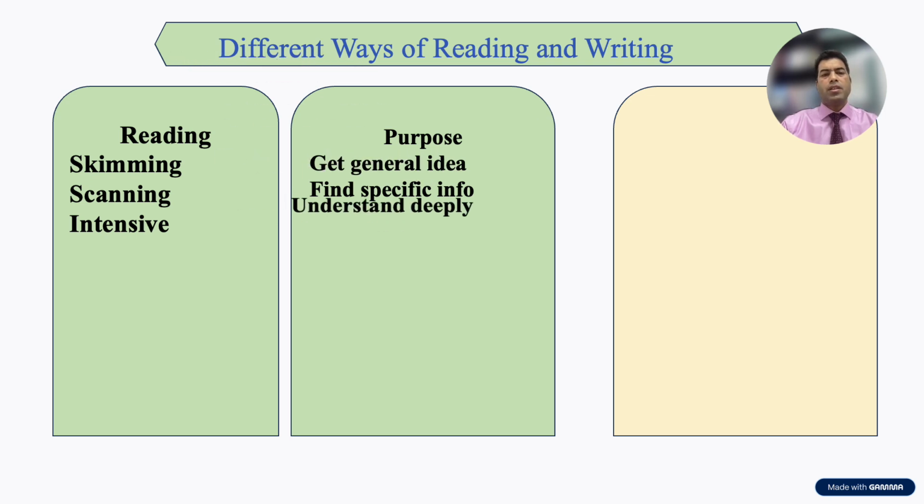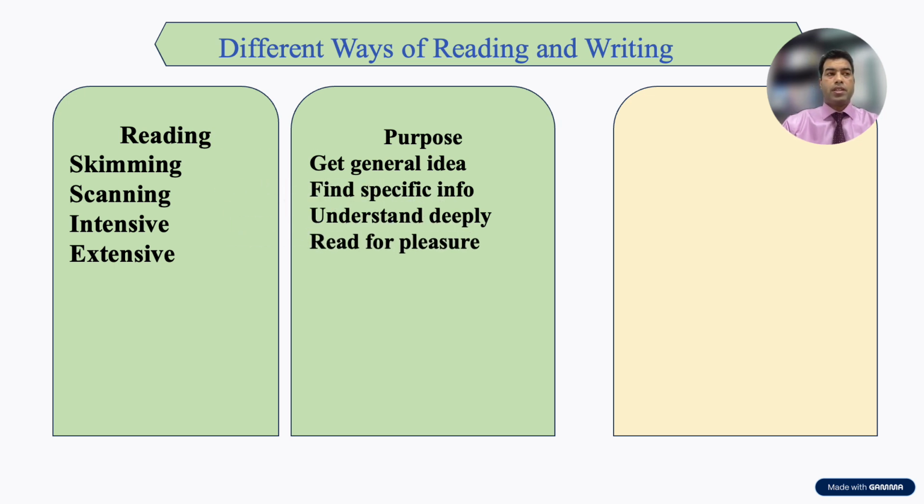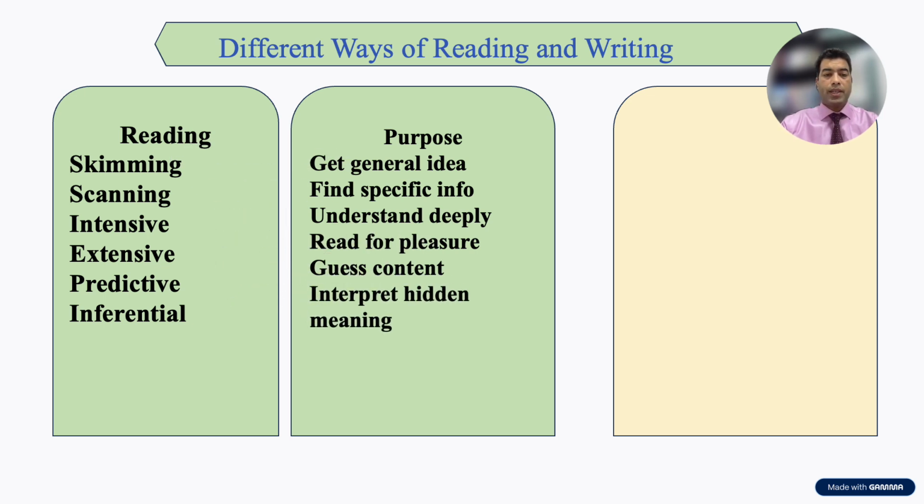Next, intensive reading: the students read to understand deeply what the text is about, what is true and false, what is correct, and understand the text, article, or any passage deeply. The next stage is extensive reading. The student reads for pleasure, or reads for a long time to get comprehension. The predictive stage is the first stage, before skimming, where the student anticipates the content. Then inferential reading, from the word infer, meaning not directly but indirectly from the text, the hidden meaning of the